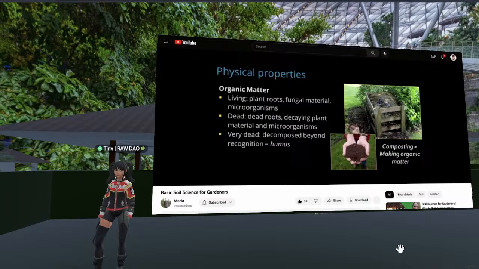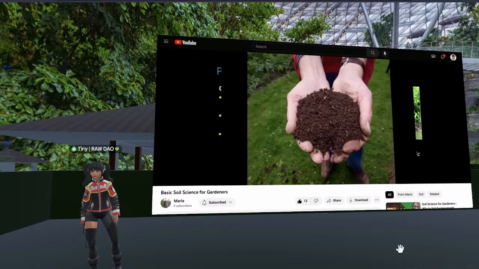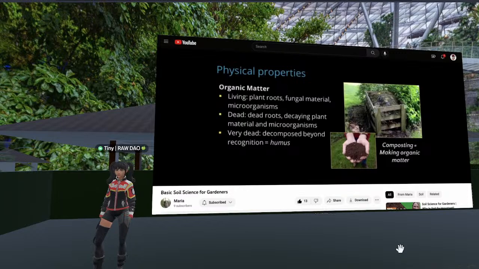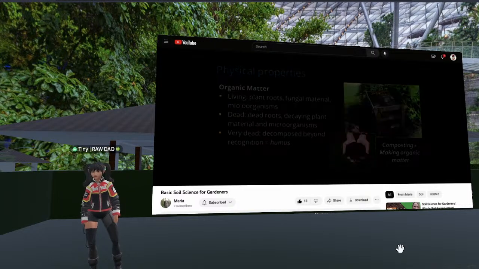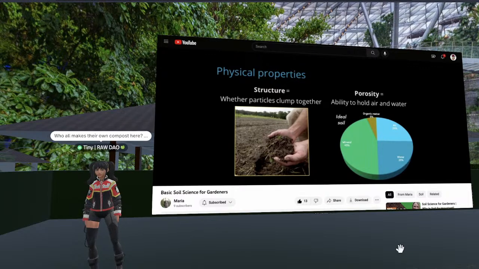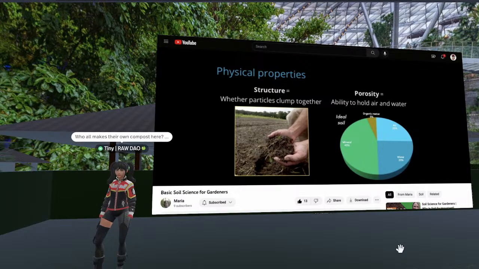Organic matter is decomposing material from plants and organisms, as well as some live microorganisms. Compost, when it's finished, is basically all organic matter. This type of organic matter that's entirely decomposed and has a nice crumbly texture to it is also called humus. Organic matter is extremely beneficial to soils. It helps improve soils in ways that are good for plant growth. Adding organic matter to your soil is pretty much always a good thing to do. Your soil will have a unique combination of sand, silt, clay, and organic matter that will influence many other soil